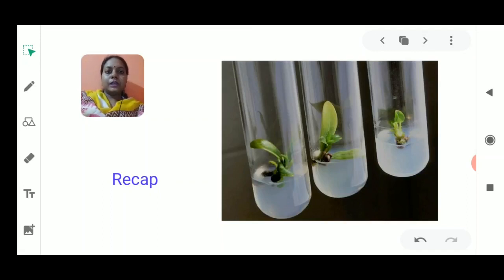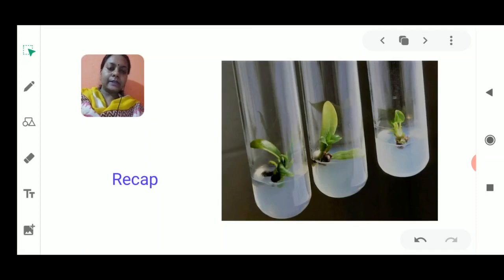Here we are talking exclusively about plants, where there are two types of reproduction. One is sexual reproduction and the other one is asexual reproduction. Till now we have completed the first part of the chapter, that is the asexual mode of reproduction in plants, which is done with various processes like budding and fragmentation. Then we also saw vegetative propagation.